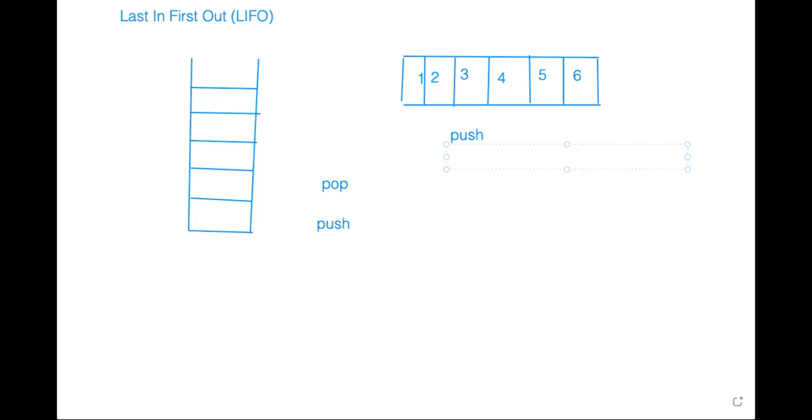Somebody's saying shift, somebody's saying unshift. Yeah, so the answer is shift. So if we shift, then the first element of the array is out. So this is how we can implement a queue in JavaScript. So this is first in, first out, FIFO. This was stack.